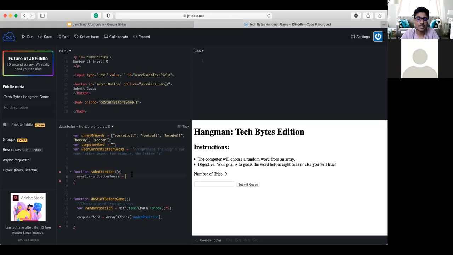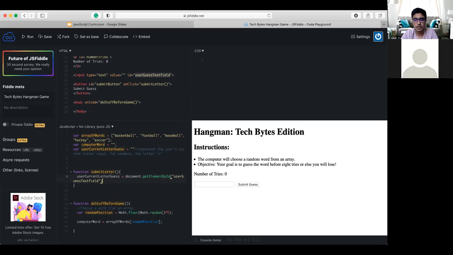So the way I'm going to do that is, if you guessed it, a really long line of code: document.getElementById, opening and closing parentheses, add those quotation marks, whatever ID you assigned to your text field. In my case, it is the user guess text field.